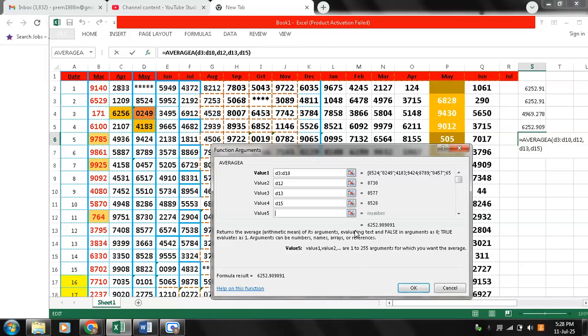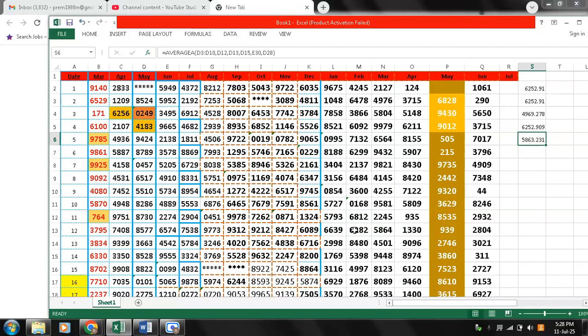If you want to add more, you can add E30. Then if you want to add more, you can put in E28. So it will use all those numbers. You can see it has highlighted all those numbers here, and if I hit enter, it gives me the average, which is